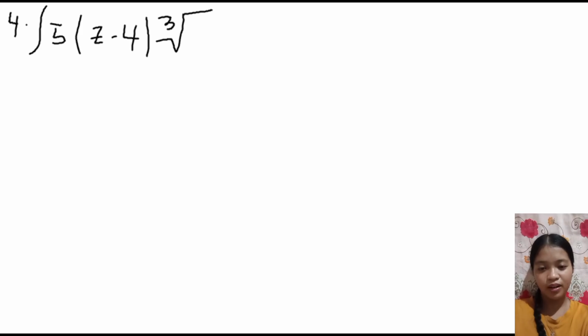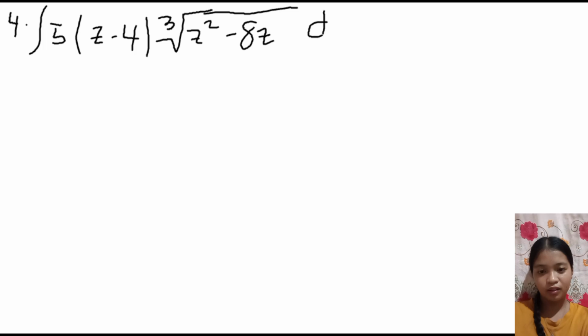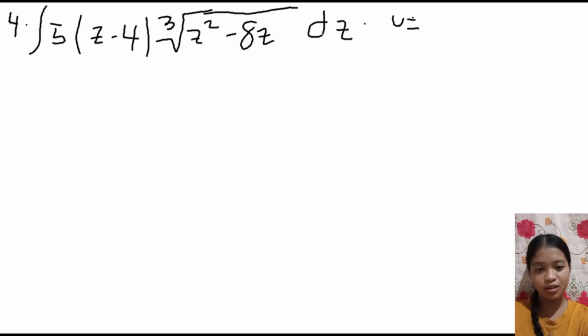We're now at the substitution rule. So the first equation for the substitution rule of indefinite integrals is the integral of 5 quantity of x minus 4 then the cube root of x squared minus 8x dx. So the first thing that we need to do is to identify the u, so we can substitute it. So the u of this equation is